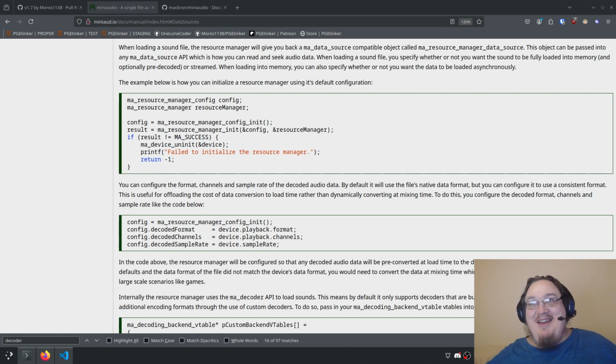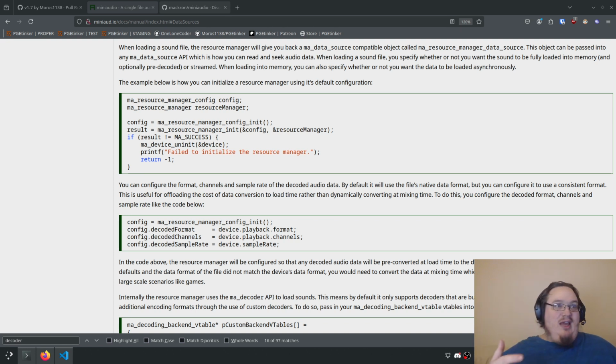Sure. So I have spent the last like 2 hours chasing down one documentation after another about how to accomplish what I need to be able to accomplish. Here's the 10,000-foot overview of what needs to happen. I need to be able to read from memory into a decoder, decode the MP3, and then feed it into a sound as a data source.